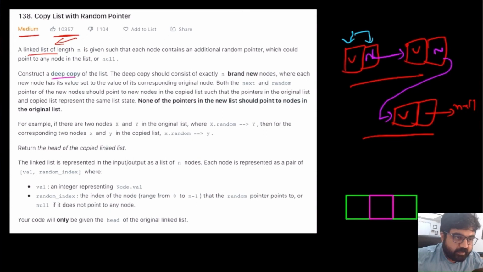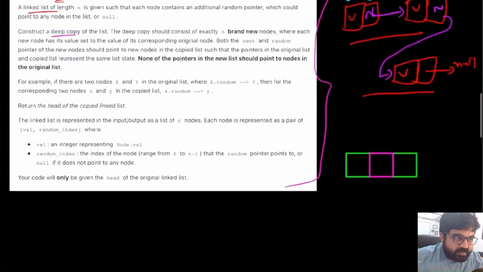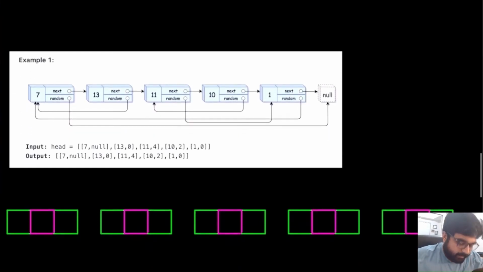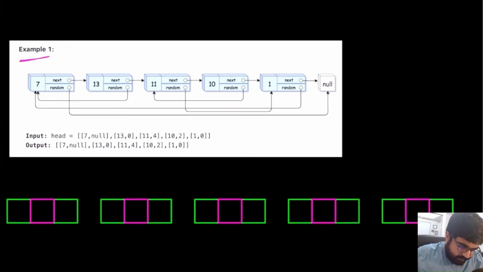If you cannot understand, you can read this problem statement again by pausing the video right now, or you can see some examples that I have shown over here. So let's take a look at the first example. As I was mentioning, this is not your typical common linked list. In this linked list, we are given one value for every single item. But rather than having just a single pointer that points to the next element, which is defined over here as this next pointer, we are at times also given this random pointer as well